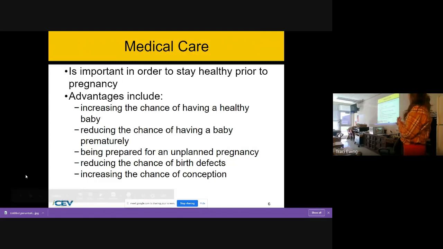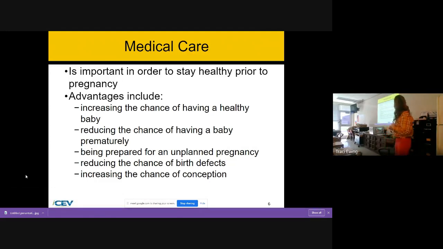So it's important to stay healthy. The advantages are a healthy baby. It reduces premature births. Does not guarantee it, just helps reduce it. There's also a way to be prepared for an unplanned pregnancy. And the more I do some research, there's a lot of things that are changing to help you prepare for